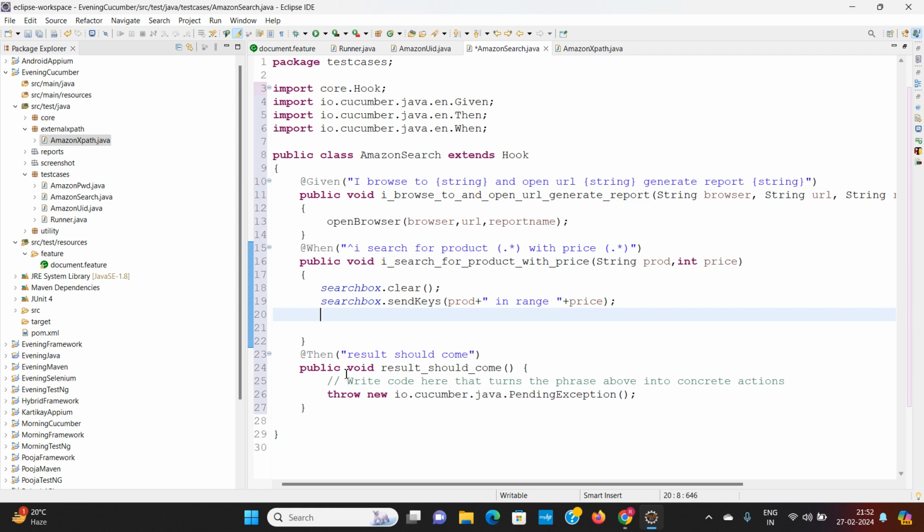Then Actions a equals new Actions driver.